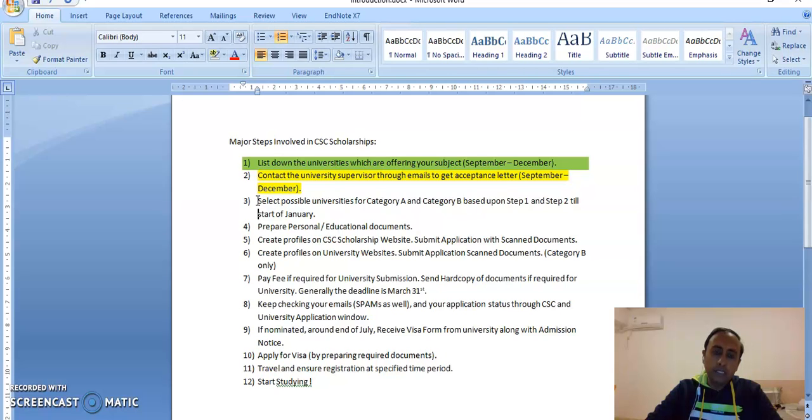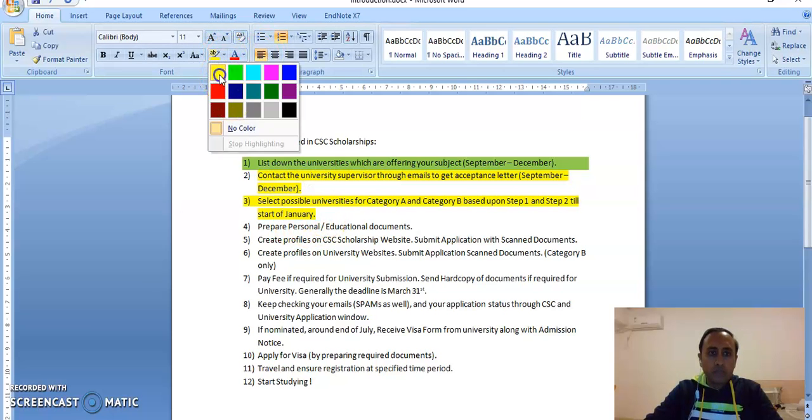The acceptance letter is not a requirement of CSC scholarships, so if you don't have that, you can just skip this point. It is not a requirement, but it's good to have an acceptance letter. It is better to have one, but if you don't have one, then there is no issue at all. So after completing this point,